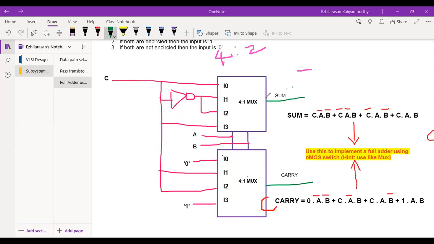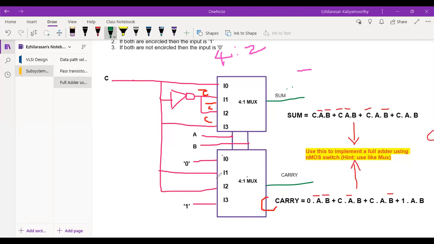The first multiplexer will produce the sum output, and the second will produce the carry output. These 2 are the selection lines, A, B. For the sum, I0 is C and I1 is C bar. From C, I connected one inverter that becomes C bar. Next, I2 is also C bar, and I3 is C.